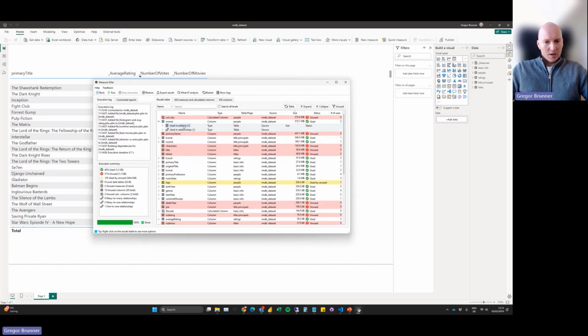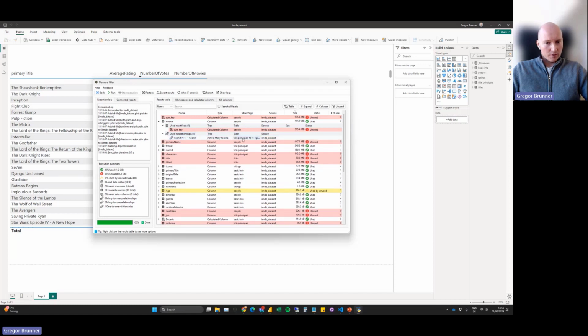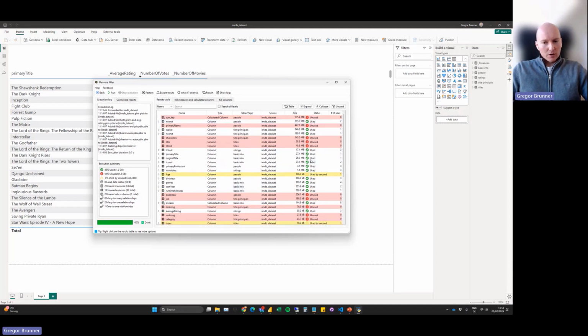So if I open this up, I can see where it is used. You can see it's used in artifact and relationships. What is an artifact? Oh, actually, it's used in this key column. So interestingly, this key column is referencing this other column. So it's used in this calculated column, and it's used in a relationship, in an active many-to-one relationship. So anyway, we get a full output here of everything that is used and unused,